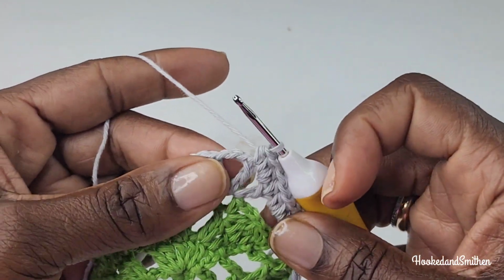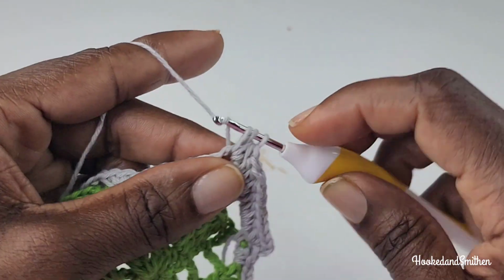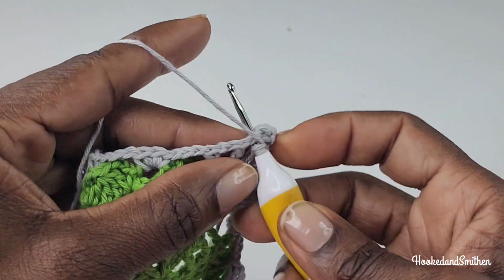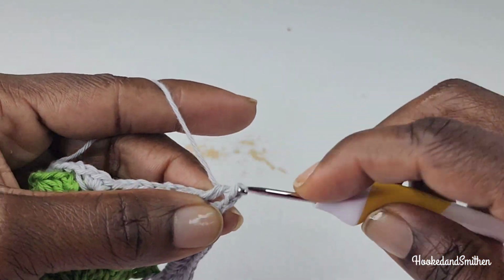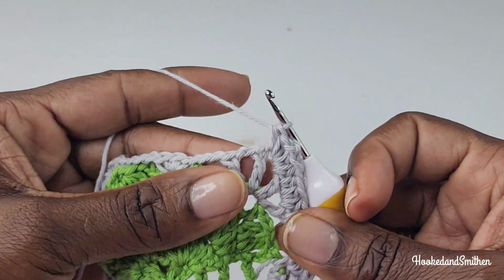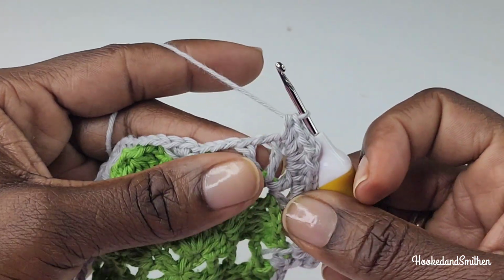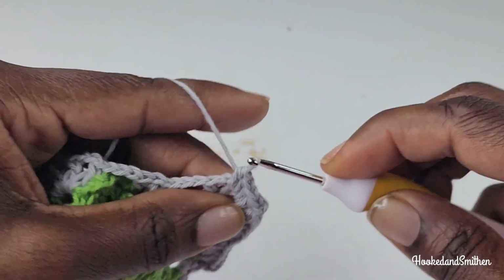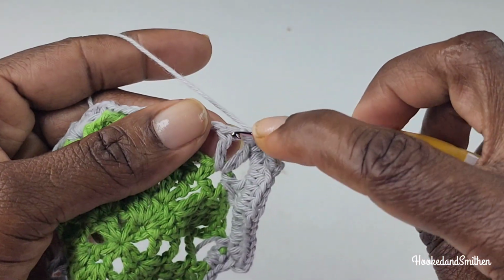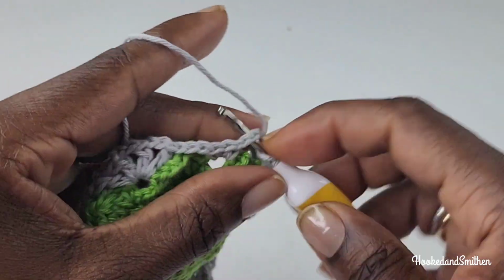Into the chain 3, you're going to make a corner, which is going to be 2 double crochets, 2 half double crochets, chain 2, and 2 more half double crochets into the same space. Into the double crochet stitch, you're going to make a half double crochet. Into the chain 2, 2 half double crochets, half double crochet into the double crochet, into the chain 3, 3 half double crochets,